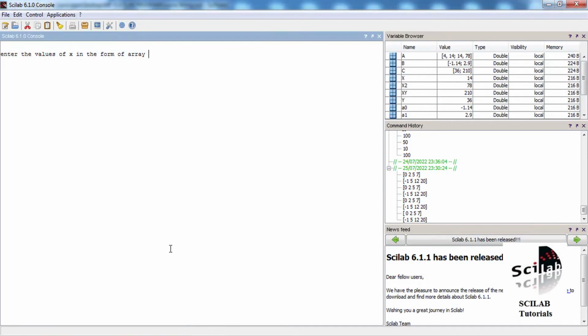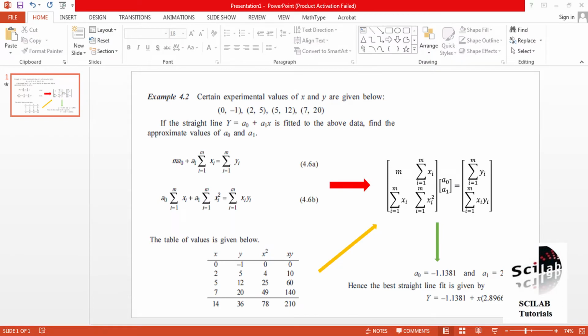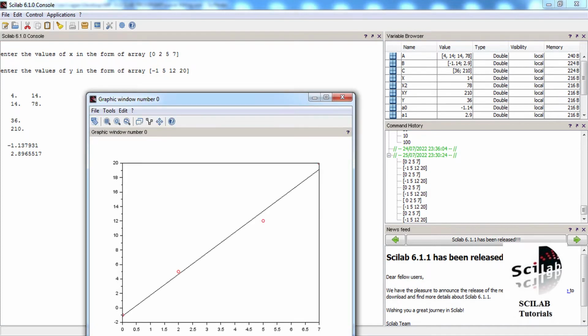So again we have to enter the values of x as 0, 2, 5, 7, and the values of y as minus 1, 5, 12, 20.